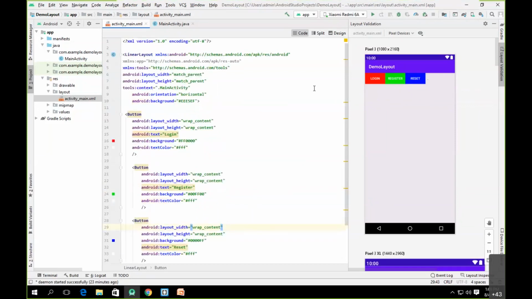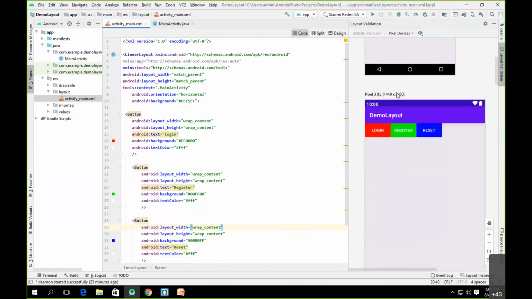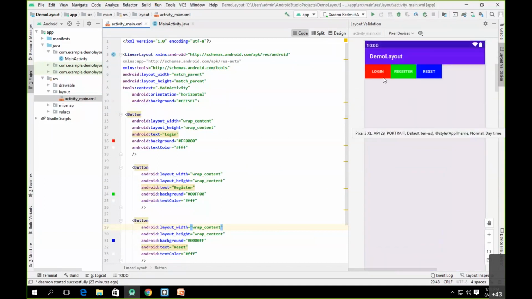For that, we have one concept that is called weight. This is our blank space which is remaining, which I want to occupy evenly. So what I can have is buttons where each button will be given the same amount of weight. So let's see how we can do it.